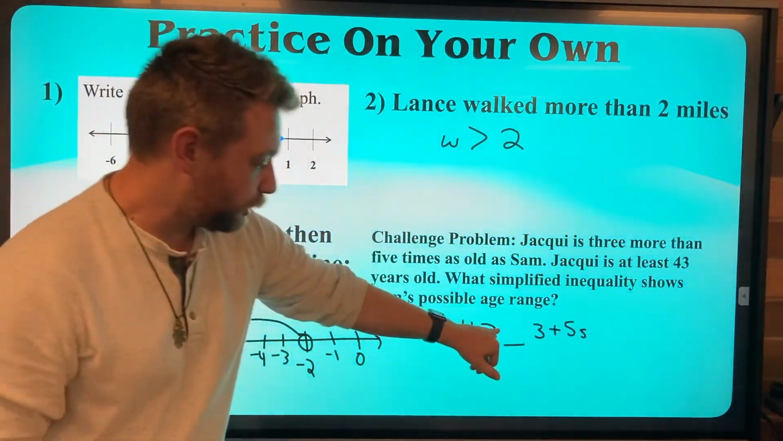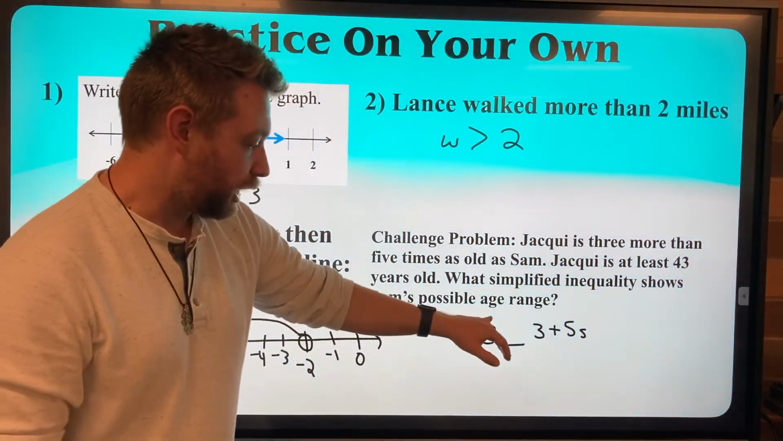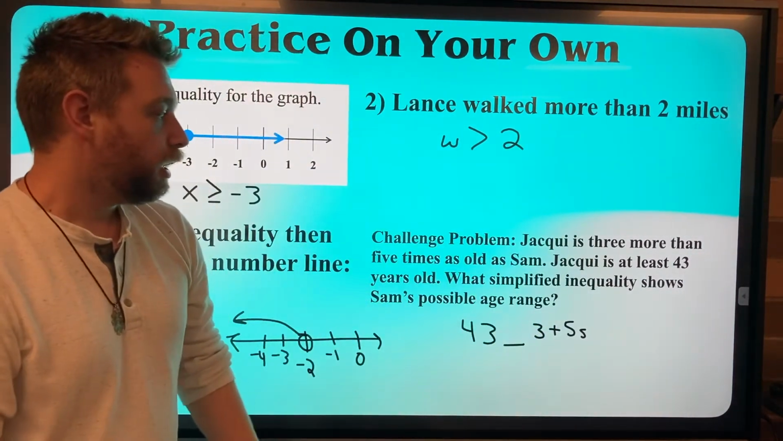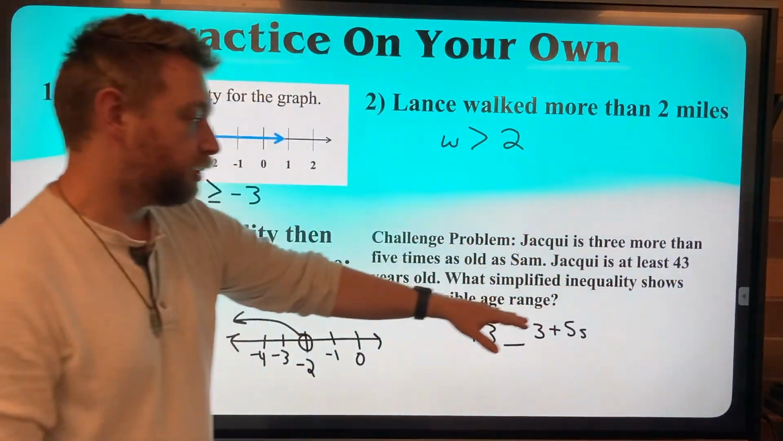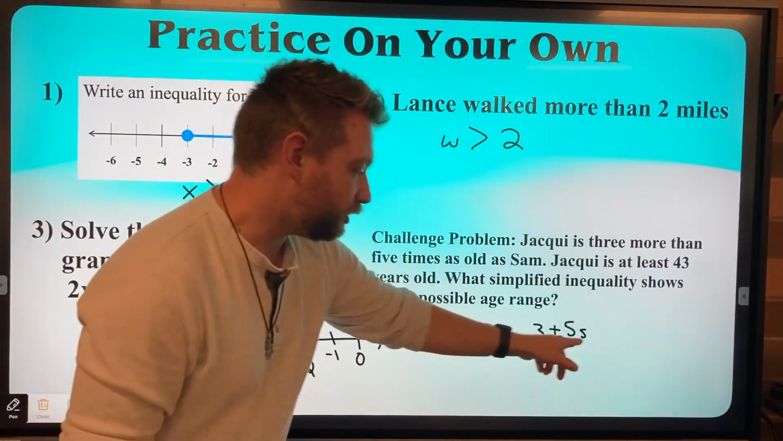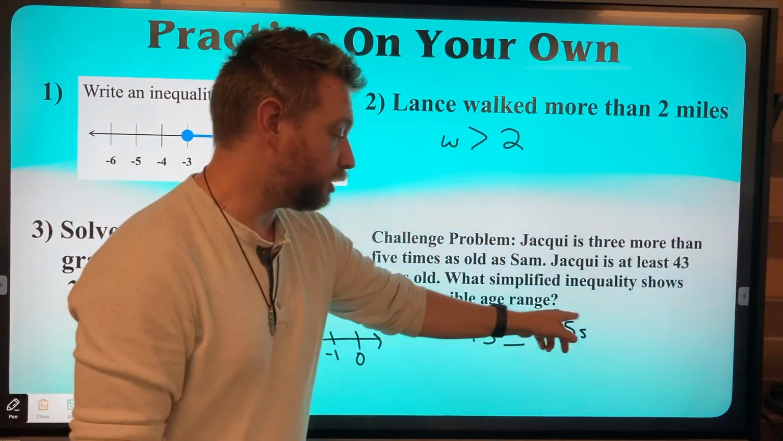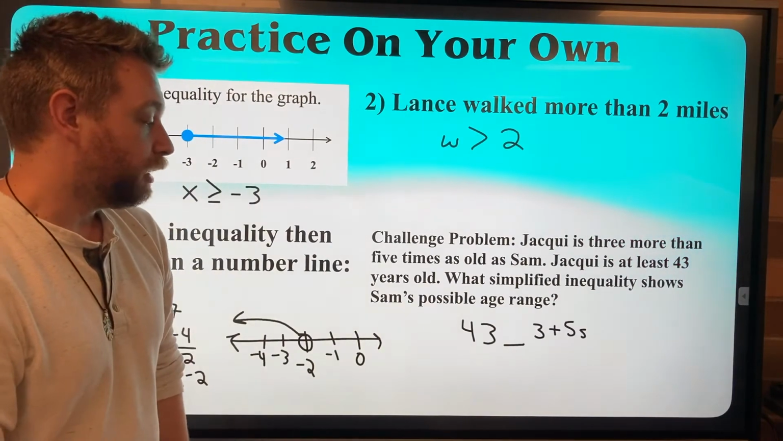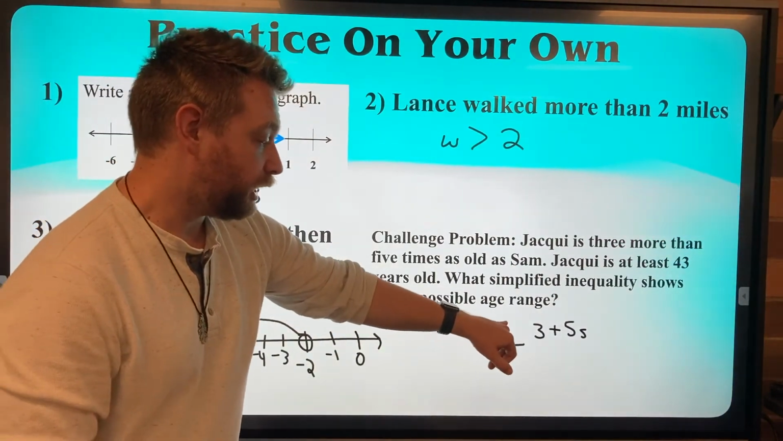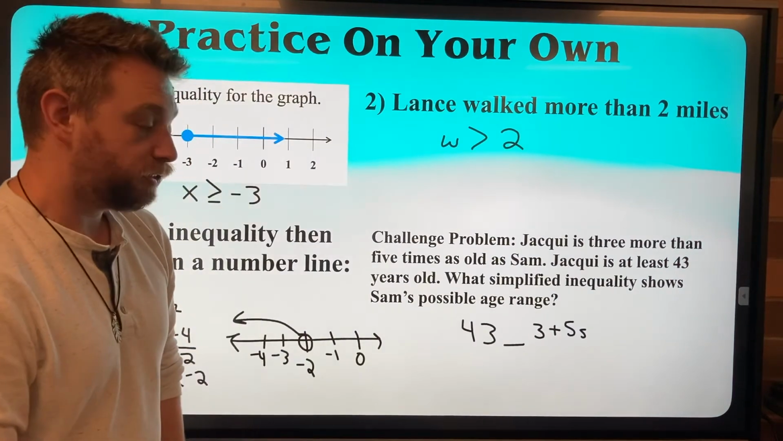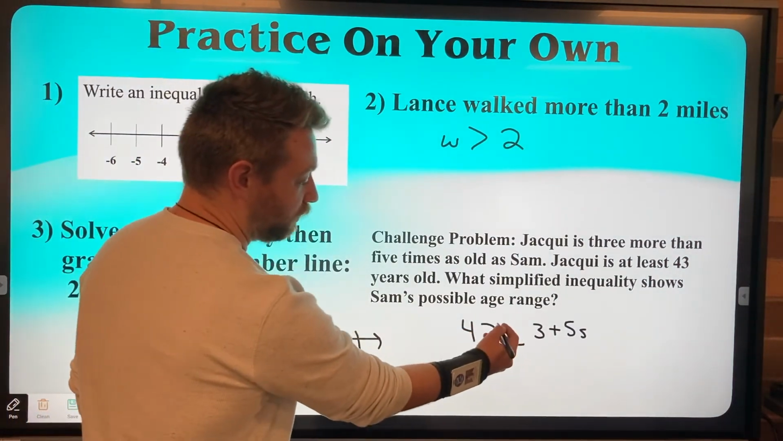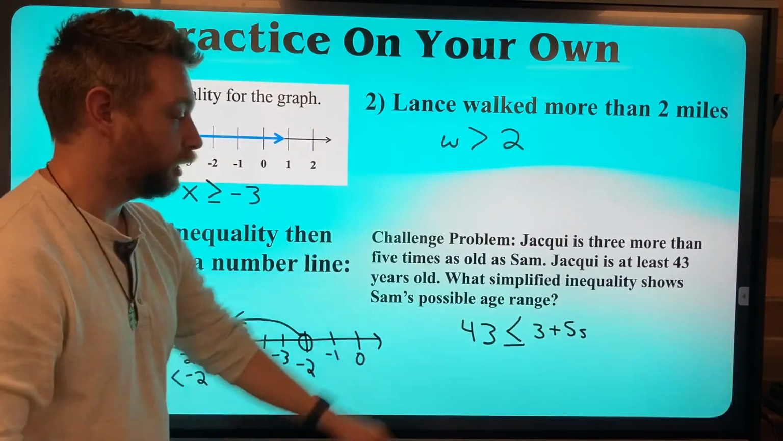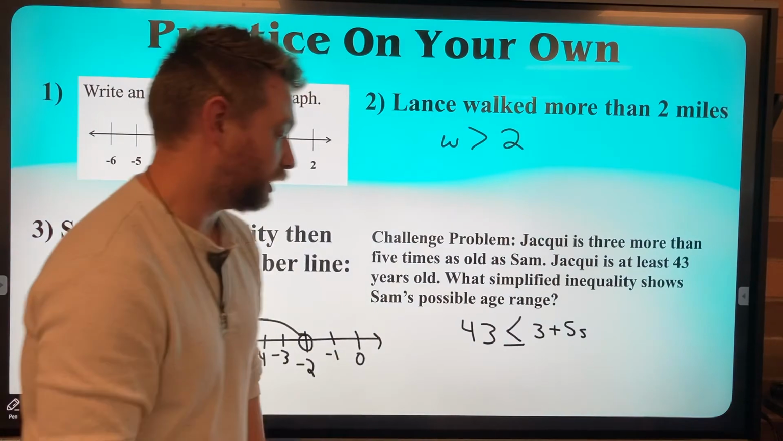The last part here is we have to have some sort of inequality symbol, right? Is 43 greater than this, or is 43 less than this? So it says Jackie is at least 43, which means that this 3 plus or 3 more than 5 times Sam's age is also at least 43. So if this says 43 is something to 3 plus 5s, then that means 43 is less than or equal to 3 plus 5 times Sam's age,